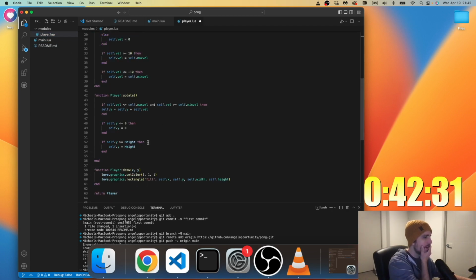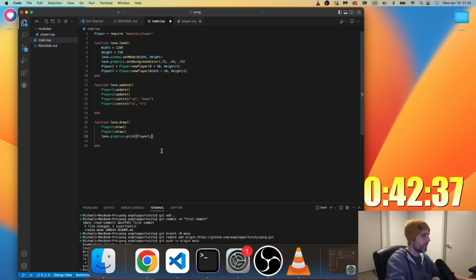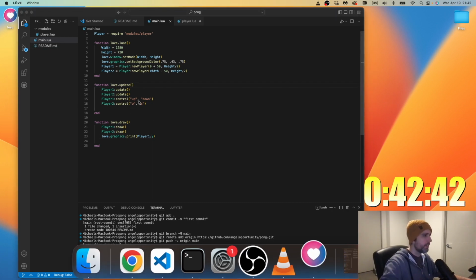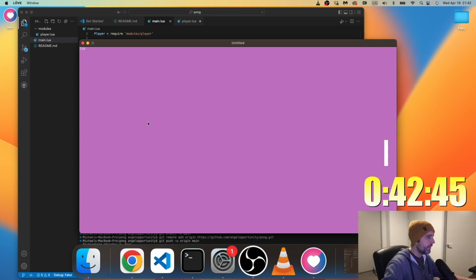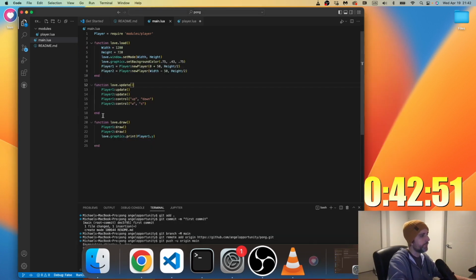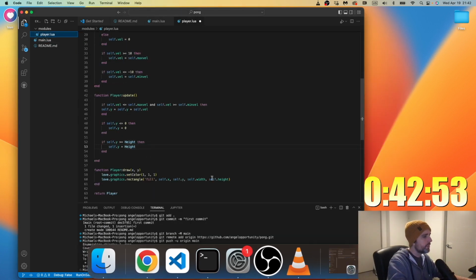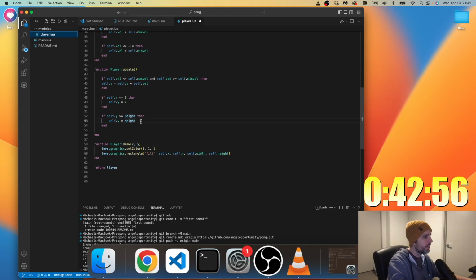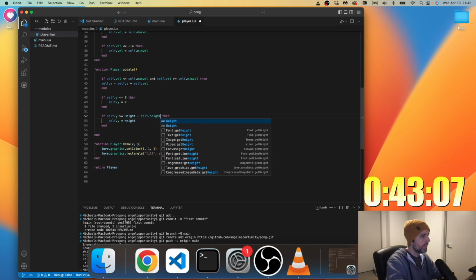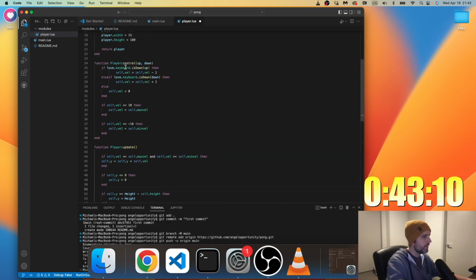So what's going on here? Let's just console log self.y, because something is clearly stupid that I'm doing. Oh, it's actually stopping, but it's the top left, so we can't see it. That's the problem. Okay. So what we need to do is if self.y is equal to height minus self.height, is that a thing?